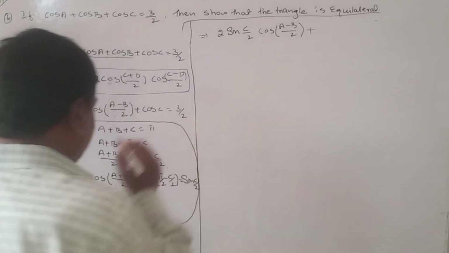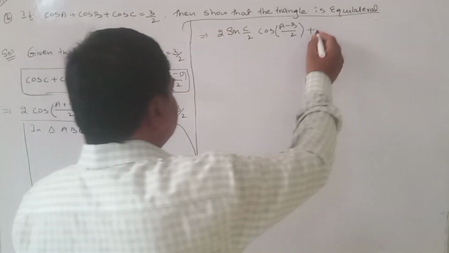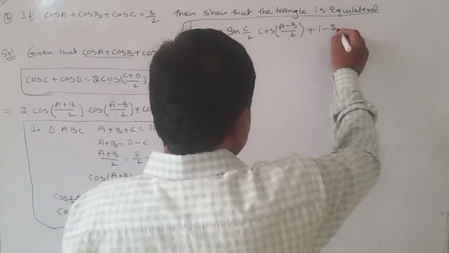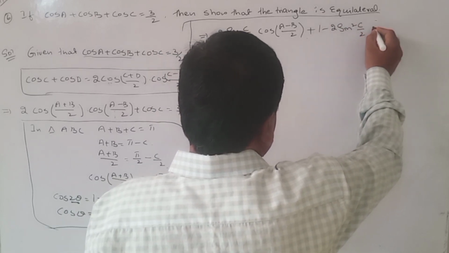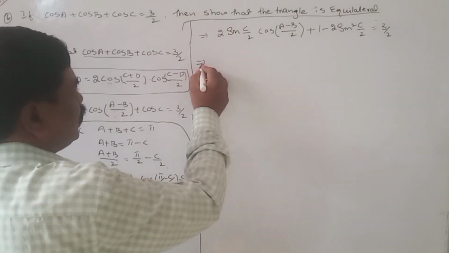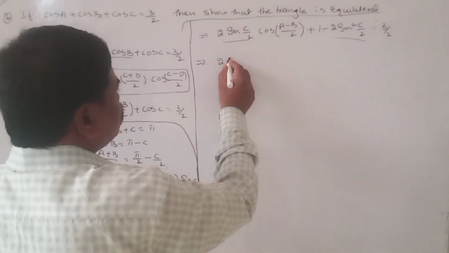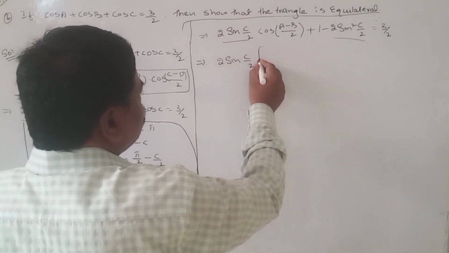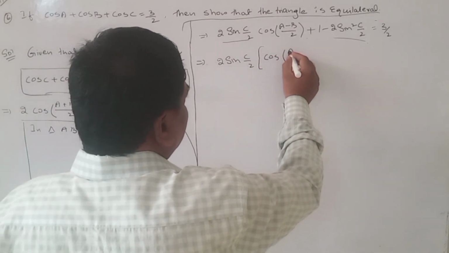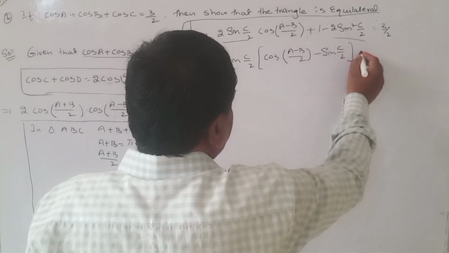plus cos C. So cos theta is equal to 1 minus 2 sin square theta by 2. Cos C is equal to 1 minus 2 sin square C by 2, so 1 minus 2 sin square C by 2 is equal to 3 by 2. Now we have to write this: take these two terms common, 2 sin C by 2. What is the remaining? This is cos of (A minus B) by 2 minus sin C by 2